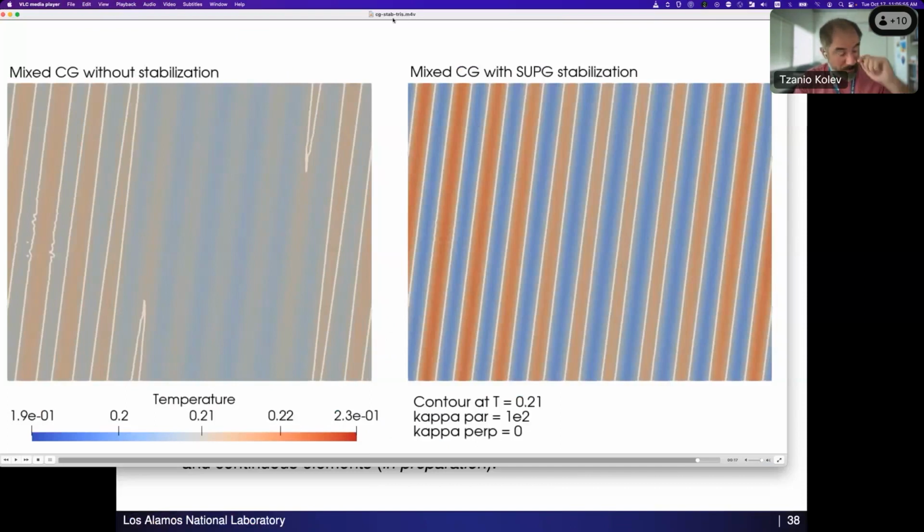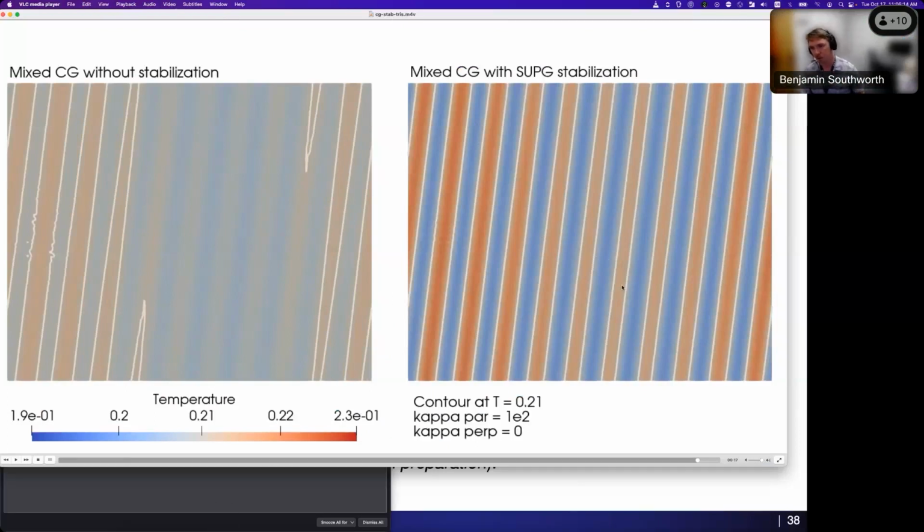Let me maybe start. So these papers, are these on arXiv? Are these on your website? What's the way to find them? They're all on arXiv. And the recent one on the anisotropic diffusion is on arXiv. It should be on ResearchGate somewhere too. And then we'll submit the second one with the CG elements hopefully in the next month or so. And it'll be on arXiv too.